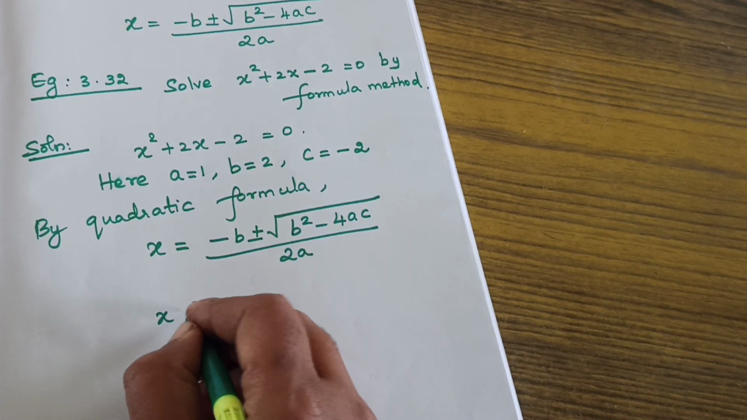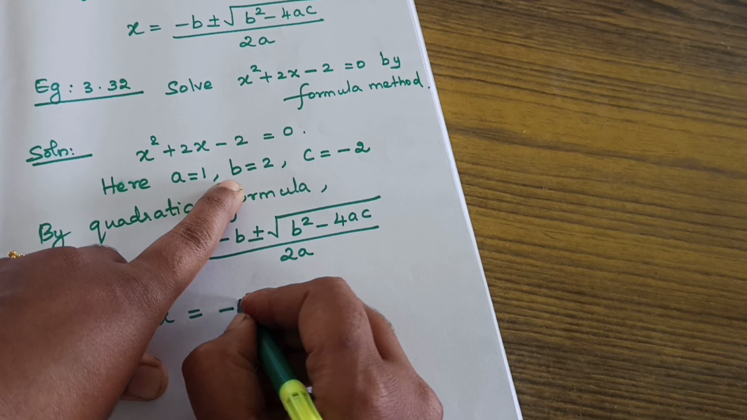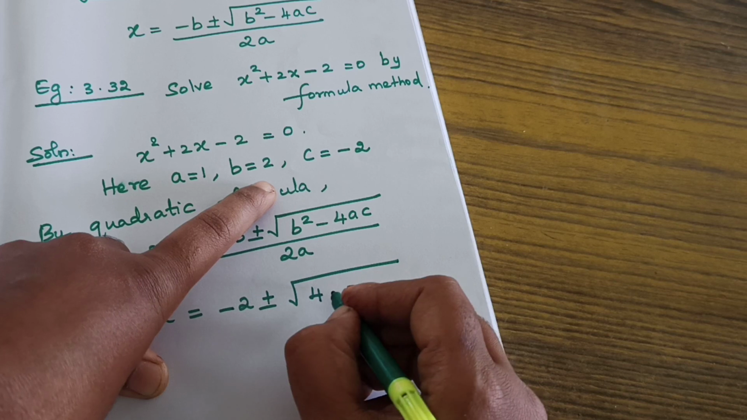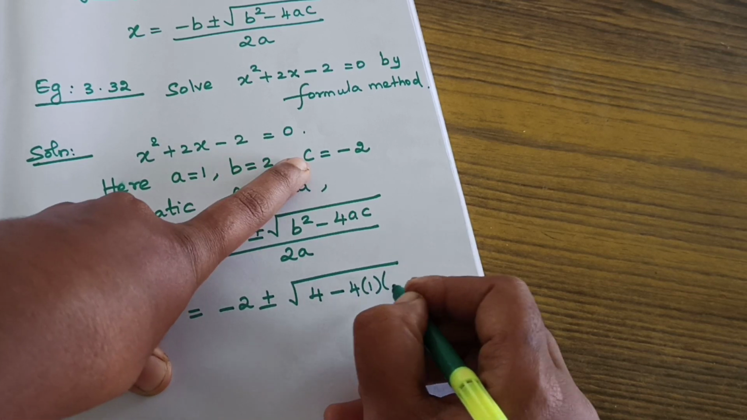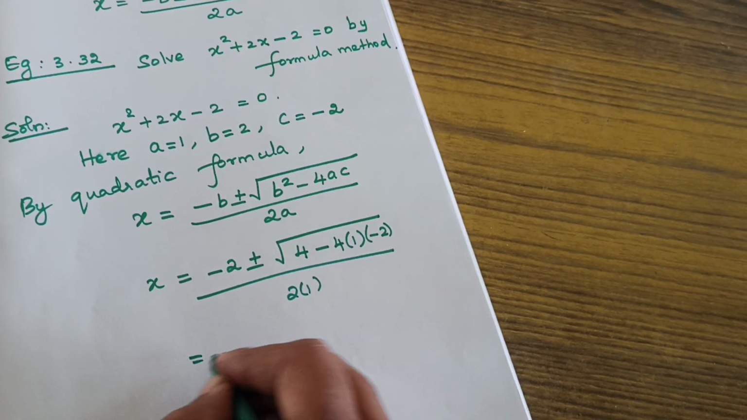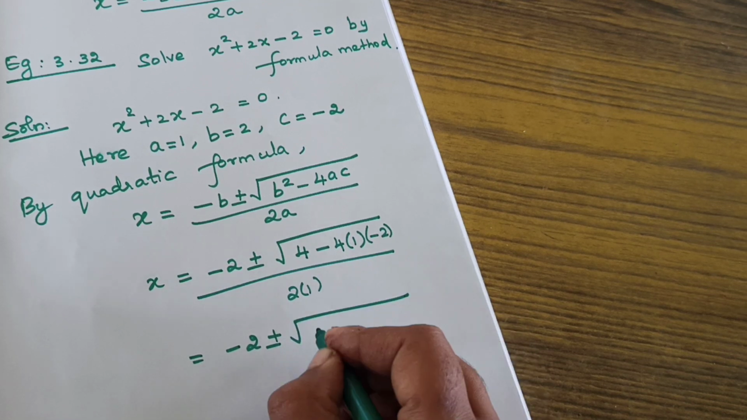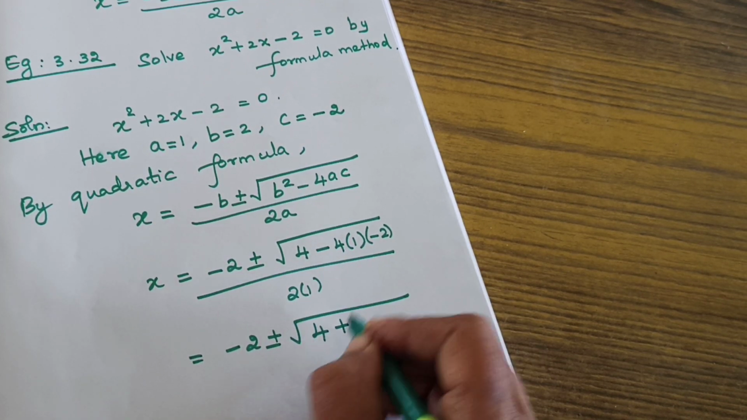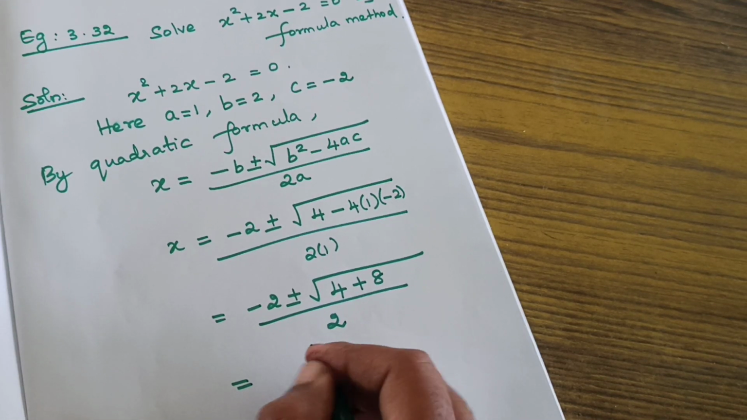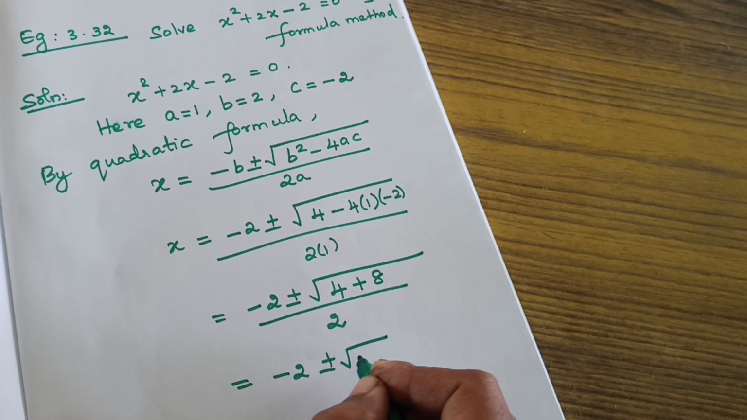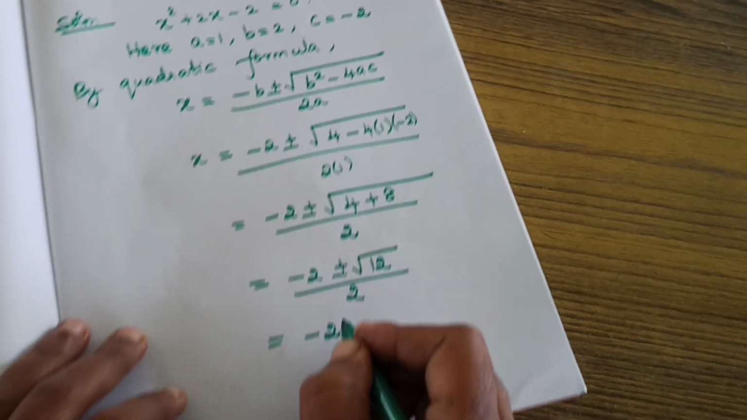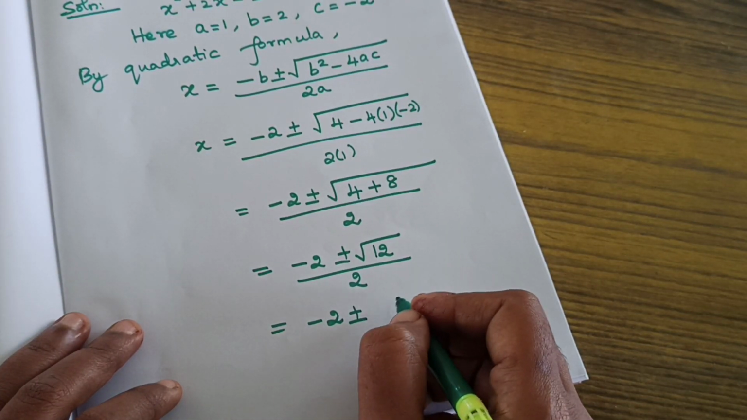Then substitute the value, that's all, which is equal to minus b value 2 plus or minus square root of b square 4. 2 square, no, minus 4ac by 2a, 2 into 1, which is equal to minus 2 plus or minus square root of 4, minus into minus plus 4 2s are 8 by 2, which is equal to minus 2 plus or minus square root of 4 plus 8, 12 by 2, which is equal to minus 2 plus or minus, after taking this